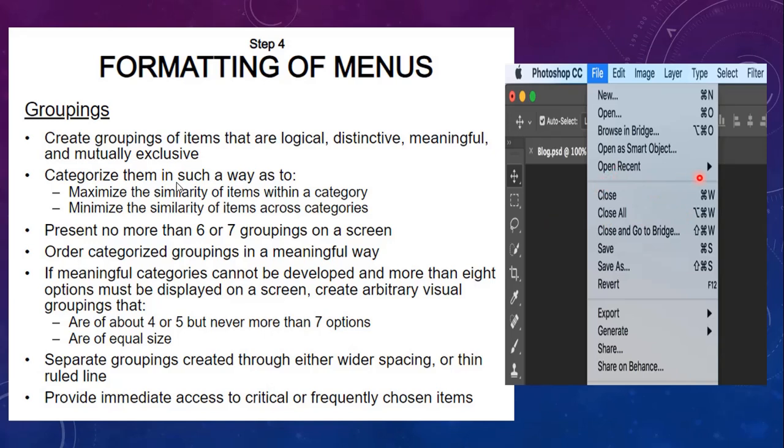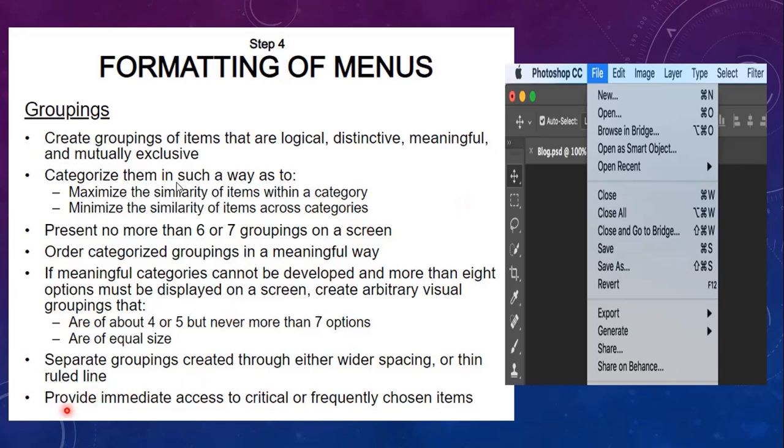You can see here, you have the File menu, and under the File menu you have got several choices, an Open choice, and then you have Close choices, so many close options, like Close All. To separate these two groups, you have got a line separator. So groupings also can be done using a line separator between the groupings.